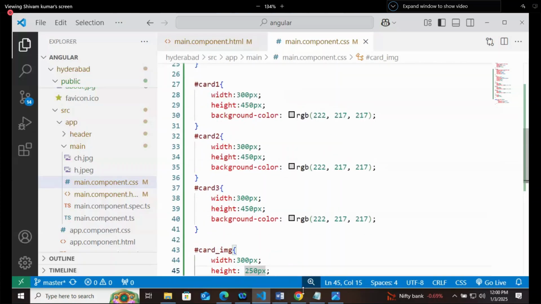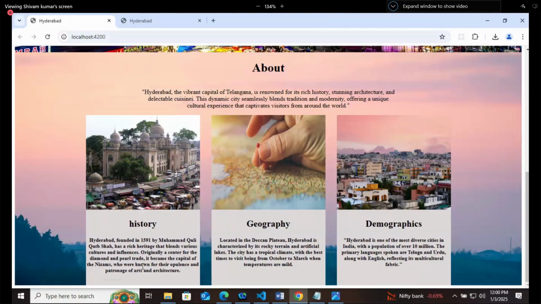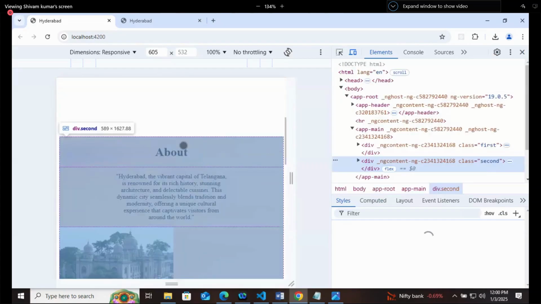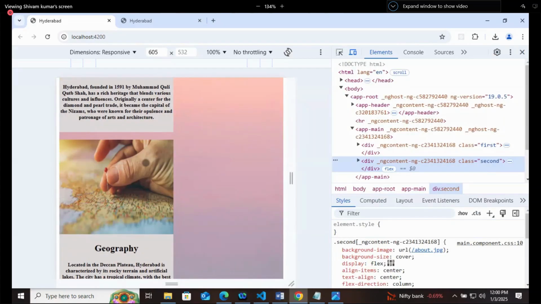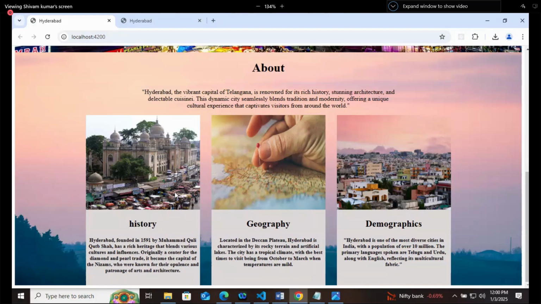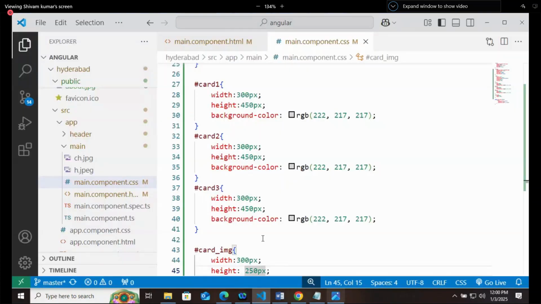Now let's check its responsiveness. For that, go to inspect. About is coming in center. This is coming, but it is not coming in center. It should also come in center. We are writing the commands. That is also an issue. So